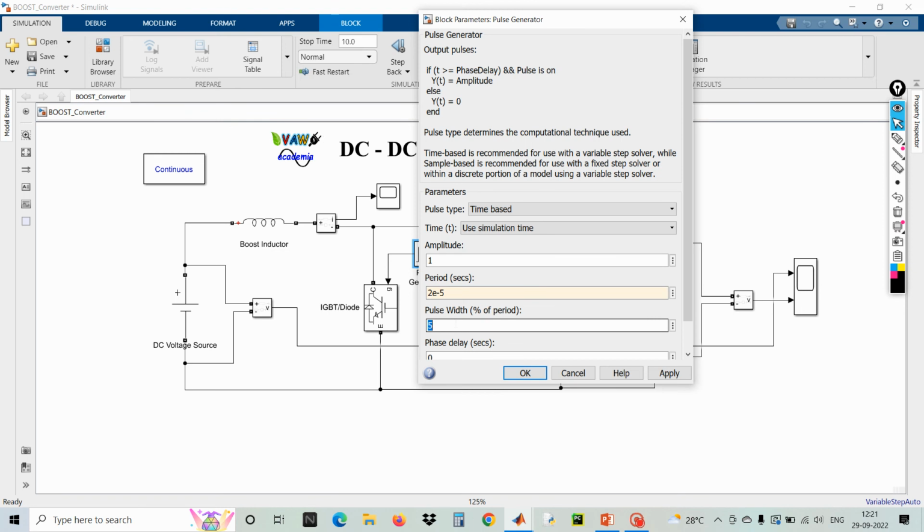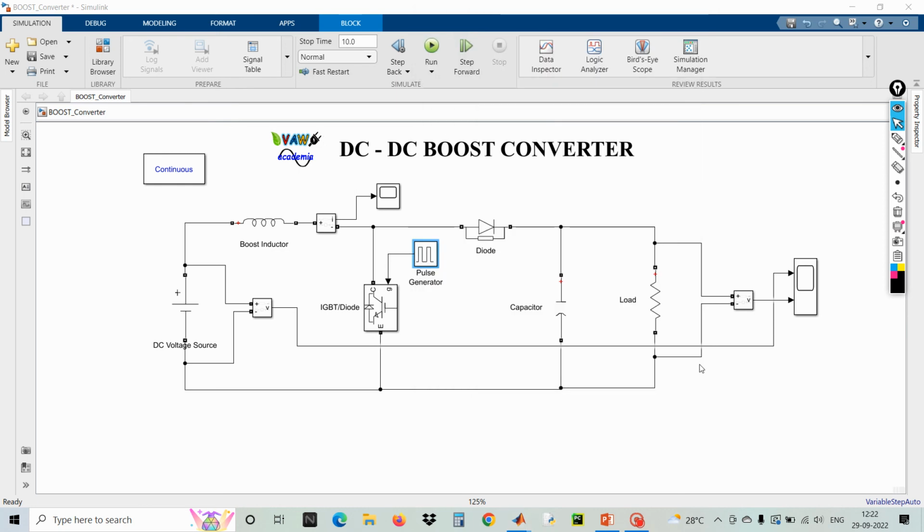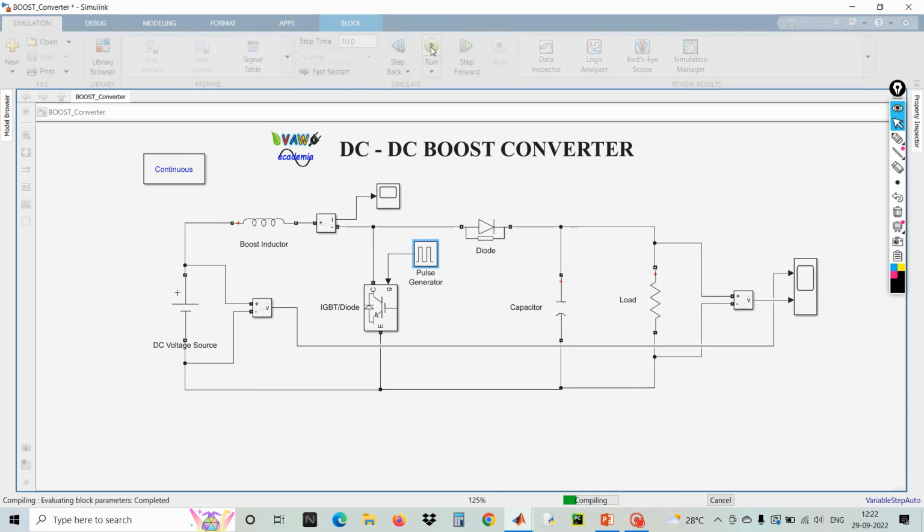Here I'm going to fix my duty ratio as 60%. That means the duty value is 0.6. Applying it. Now if you run the program, the switch values, diode values and all, let them be as they are, no need to change. If you execute the program,